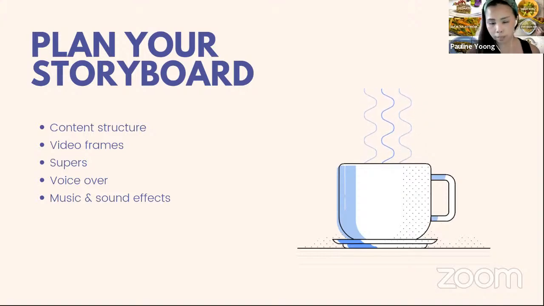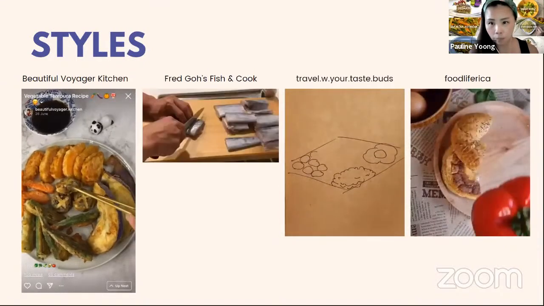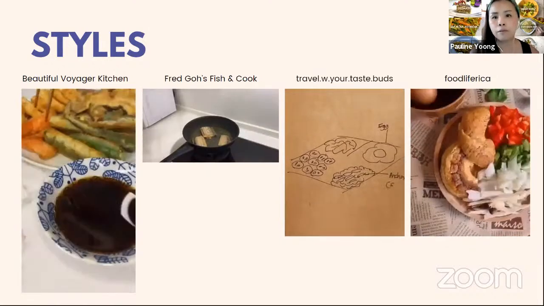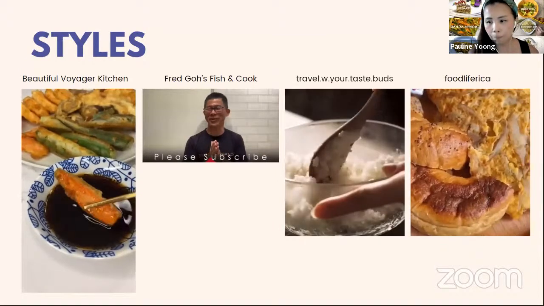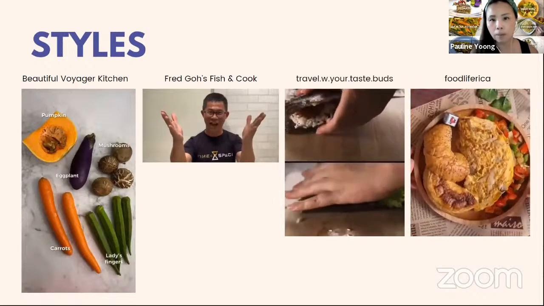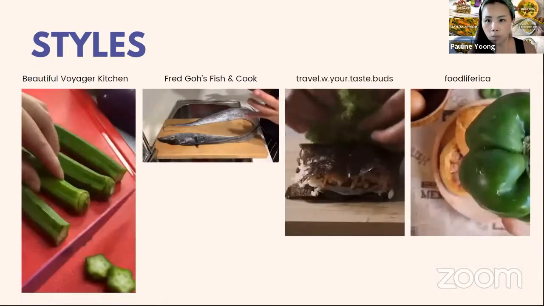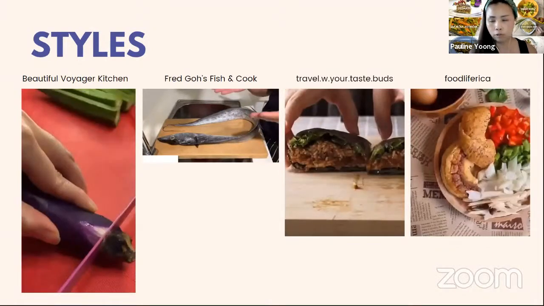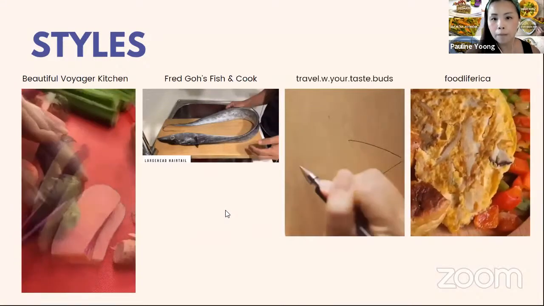But you also notice that the styles that I showed earlier, right? It's somewhat similar, but also a little bit different, right? Like for example, Fred does not showcase the ingredients all at once. He talks about the ingredients that he used along the way, right? Whereas the last one, Erica's version, you don't even need to talk about what ingredients it is because it's very clear.